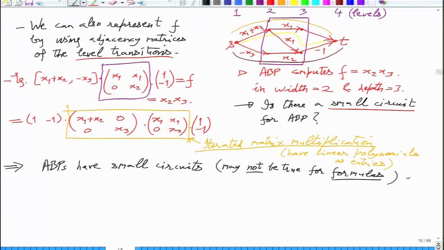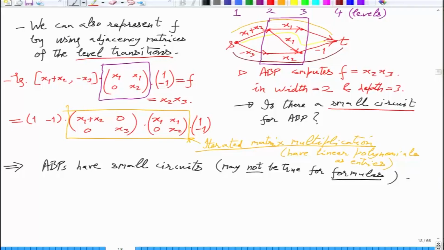Yes, sorry, this width may change level. The width from i to i plus 1 may be different. So then you don't get a square matrix. That is fine. This path interpretation only needs matrix multiplication to be defined, which it will be, because when you look at i, you are looking at i cross i plus 1, and when you look at i plus 1, you are looking at i plus 1 cross i plus 2. So the matrix multiplication is always defined. It's unconditional on the dimensions. And the biggest matrix that you will need is the width, or the biggest dimension that you will need for any matrix.